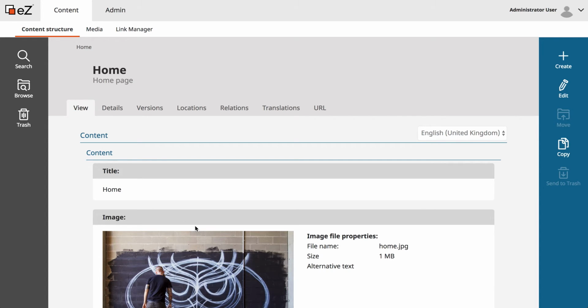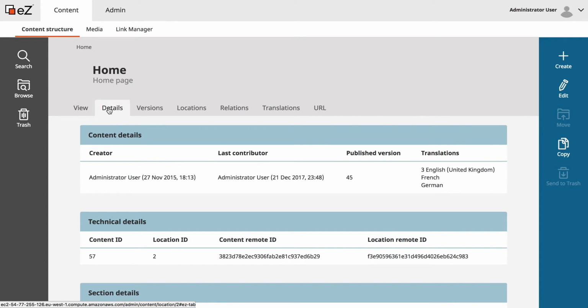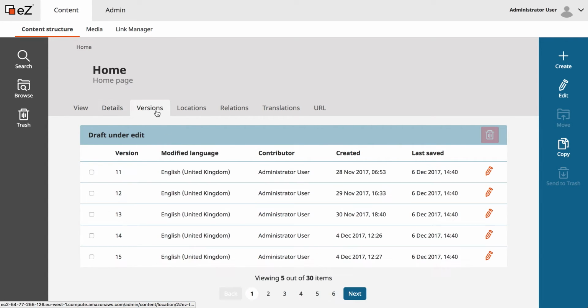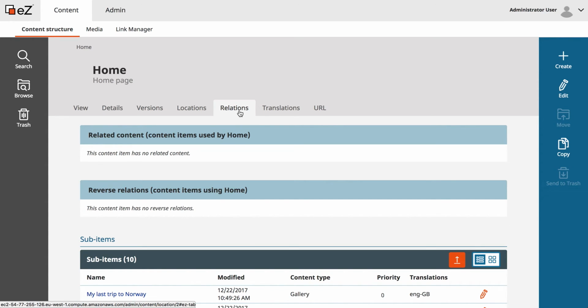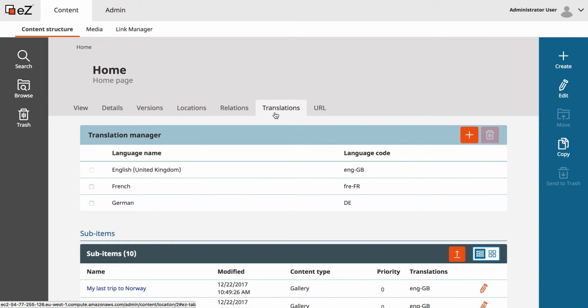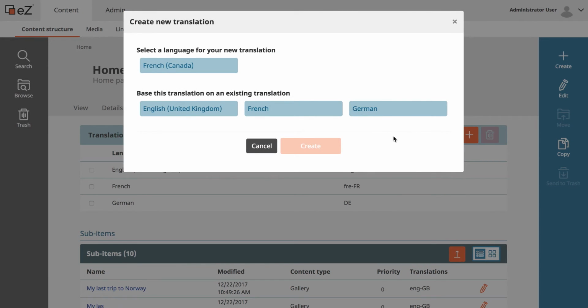What's interesting, however, is to see that all the features that we had before and even more have been ported to this version 2. So you have subtabs and you have the versions and the versioning management. You could delete a version. There are some new features in there. You have the ability to create locations, hide locations, swap content, all the features which have always been there, including a few new things. The translation manager, for instance, has been rethought and is better to use. I could create here a new translation in a new language as they are set up in the system.